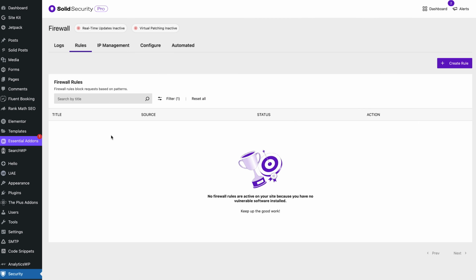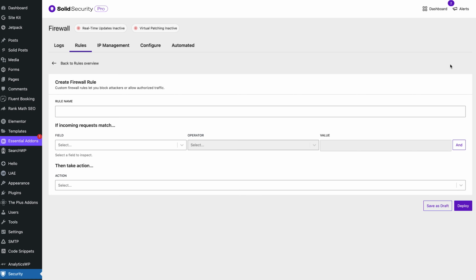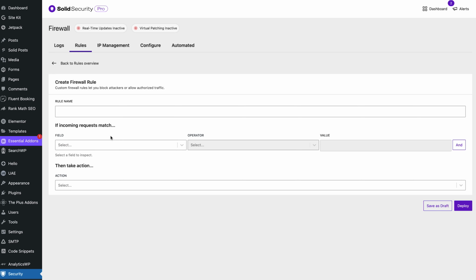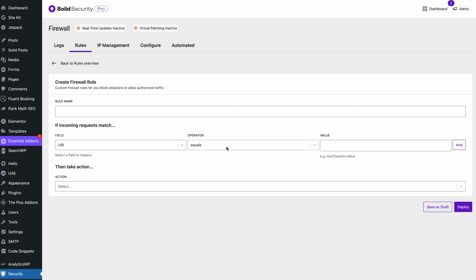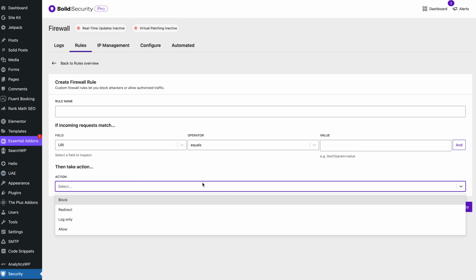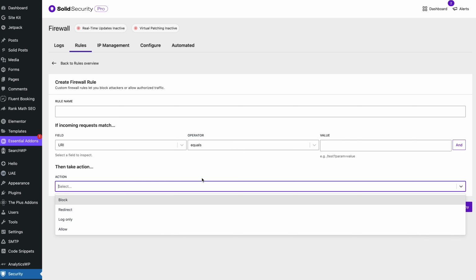I can manage individual rules and actually create my own firewall rules here, which might be useful depending on the type of WordPress website that you're running. Most of the time, I don't have to do anything here, but I can change lots of things. For example, if somebody visits a specific website address, I can have a specific outcome. So if the URL equals whatever, then I can block it entirely. So if you identify a URL or an IP address, you can actually block it right here in the firewall,